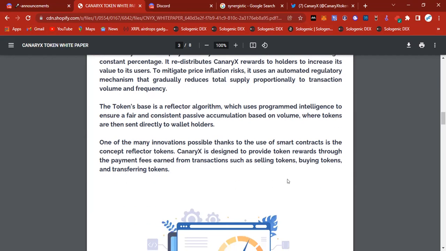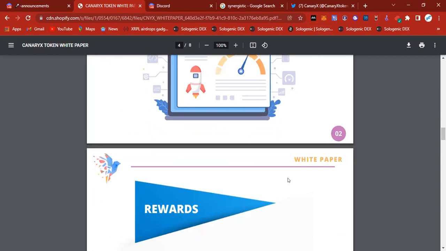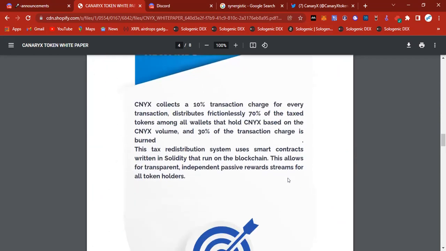One thing I did have a problem with is the 10% transaction charge for every transaction. So meaning if I spend $100, $10 is getting taken out, but 70% of that $10, so $7, will be given back into the system or the holders of this token, and $3 of that will be burned in a